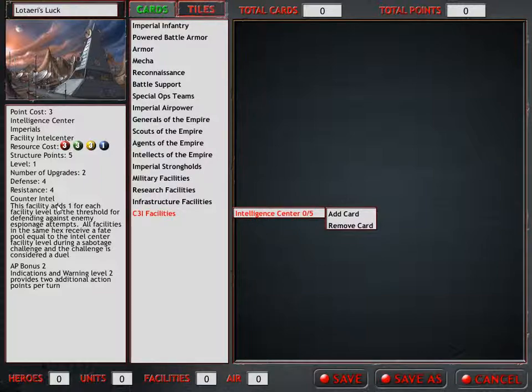I should probably explain what fate is, and I'll attempt to do so now, right after I finish the sentence. And the challenge is considered a duel. I really wish I knew what that meant. So, fate. If you watched the Machine Empire battle, you saw me using a little bit of it near the end. What fate does is when you attempt to, in battle, when the enemy attacks you,